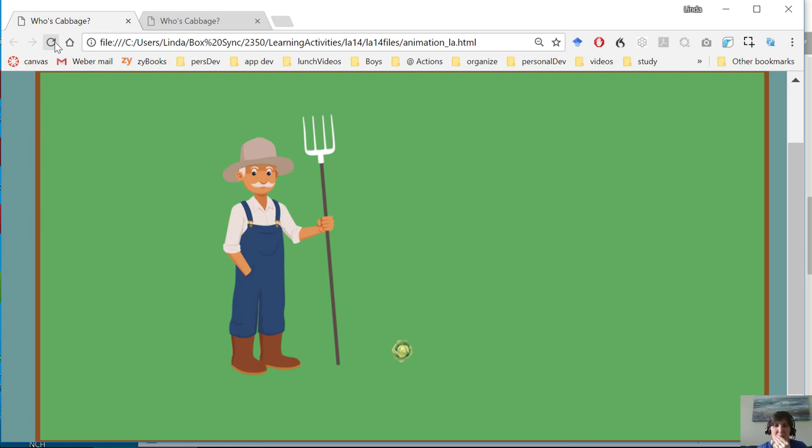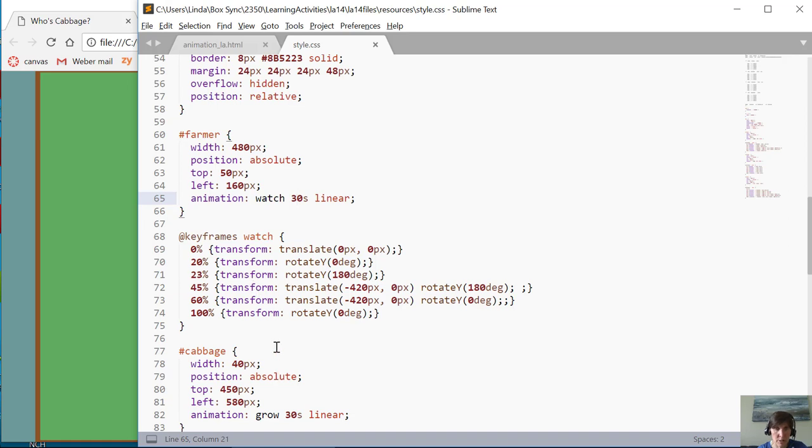Okay, so the only one that I've used here is transform, but I could change other properties as well. So each of these, I could change the width property, I can change the color property. So you can have a series of properties here. These are just images. So we could even change the source, right? If we had a cabbage image that had a bite out of it, we could change the SRC attribute of